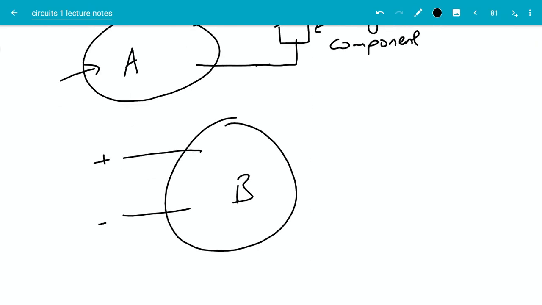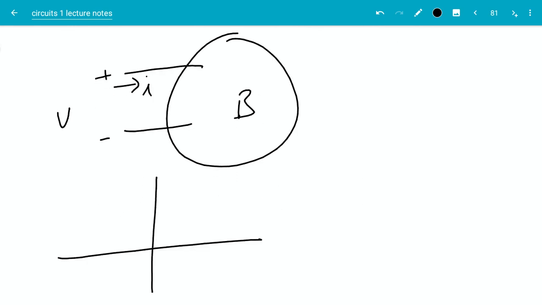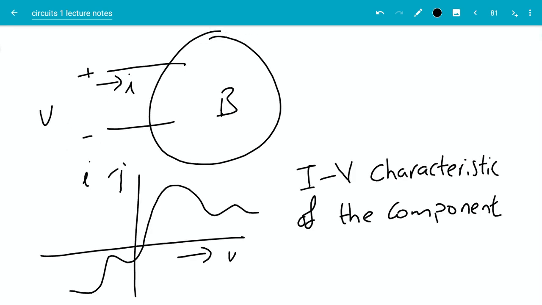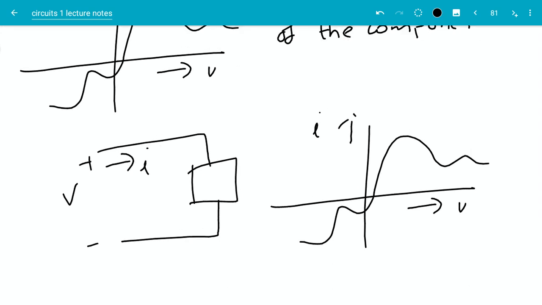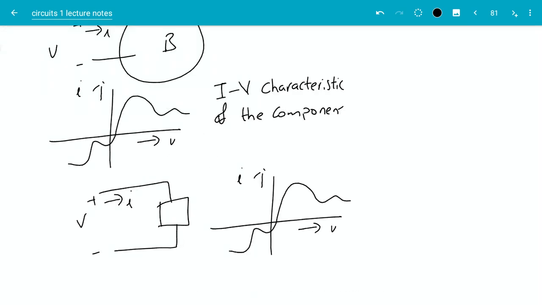And then you are applying different voltages and measuring the current, and you get a relationship between them. If you plot V on the x-axis and I on the y-axis, then you get some complicated relationship between, let's say, voltage and current. This is called the IV characteristics of the part B. Now, if you do the same thing for the component which you selected, apply different voltages and measure the current going through it, and plot the IV characteristics for this component, if these two are exactly the same,